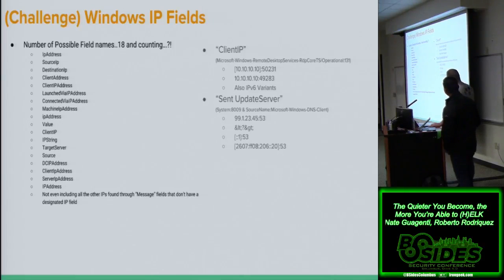And not only is it 18 different fields, but you see it's a mix of IPv6. Sometimes it's a file share, so it's a double slash in the beginning. Who knows what that second one is under the set update server? I have no idea. So, have fun with that stuff, but we'll be in HELK here soon.